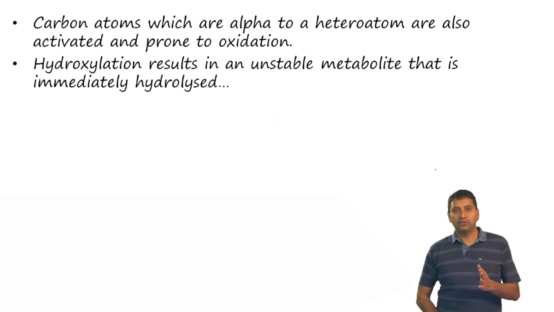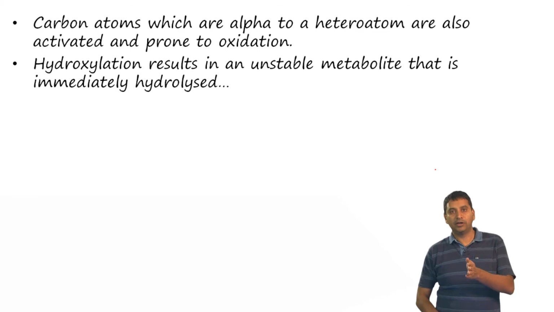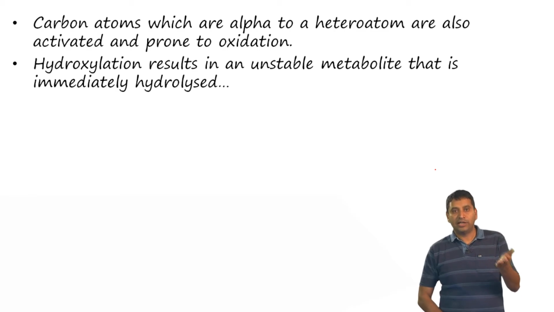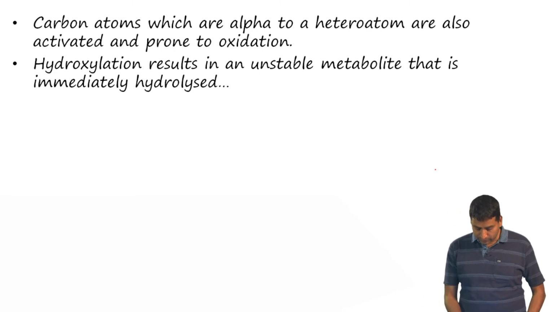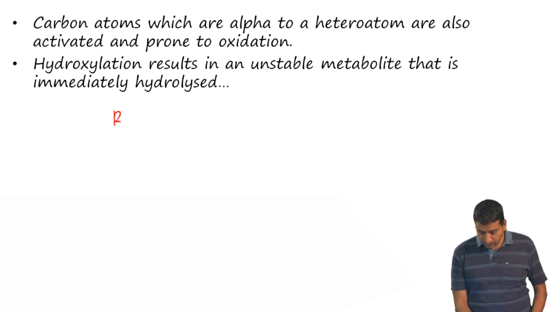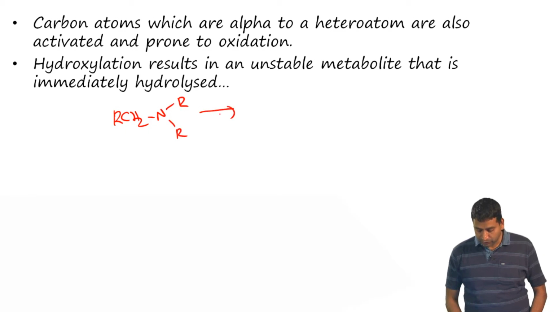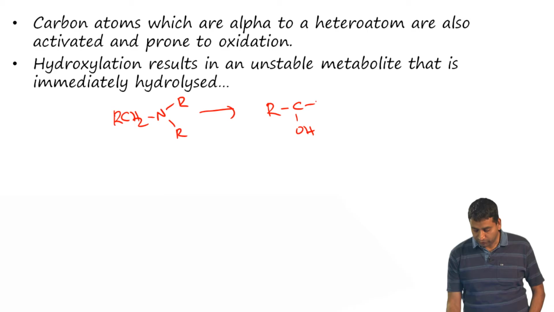Now, carbons which are alpha to a heteroatom are also activated, and are more prone to oxidation. So, the example that we are going to look at is R CH2 NR R. This can undergo oxidation. This center is quite susceptible to oxidation, and so you have RCHOH, right. So, let us say you put a prime over here,